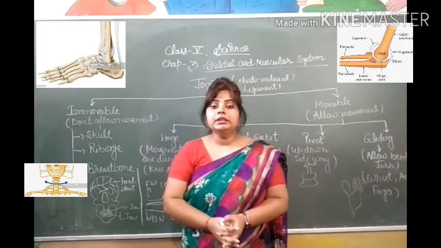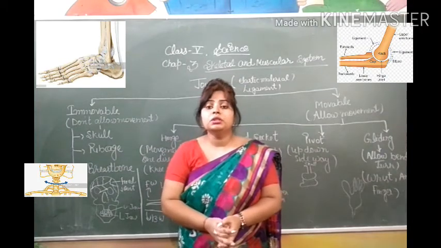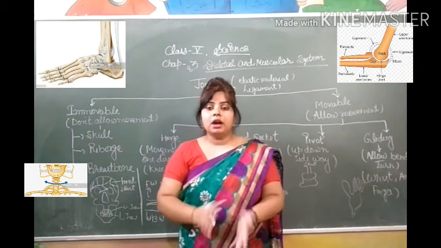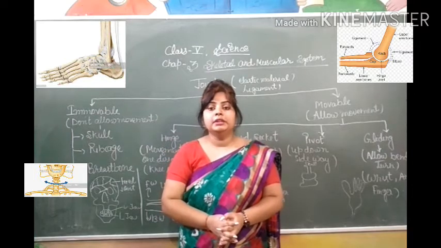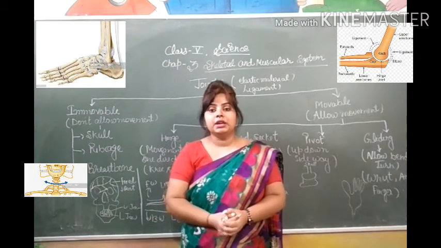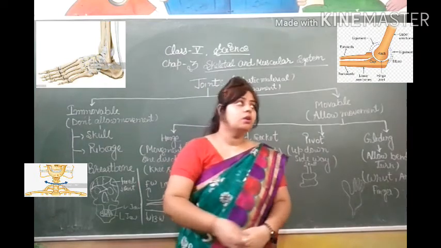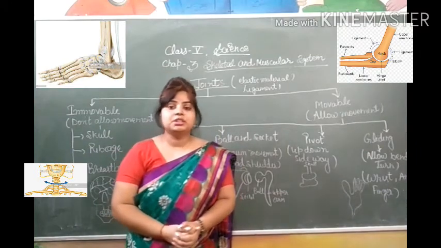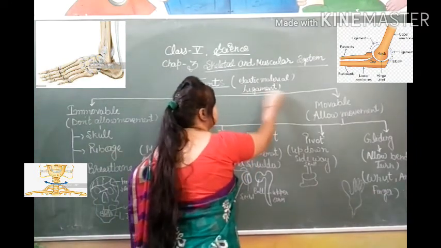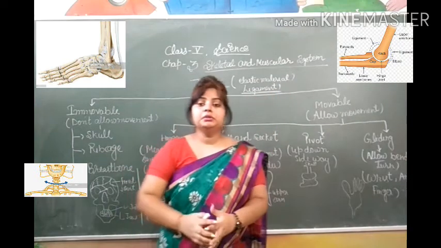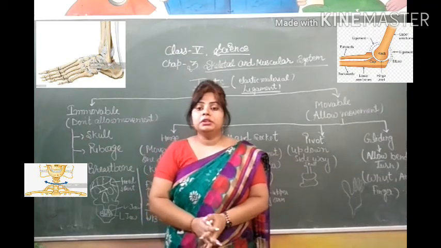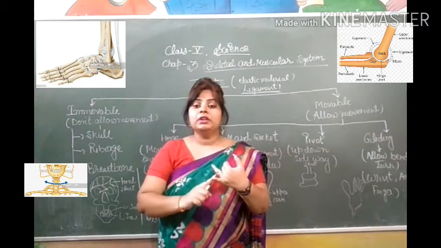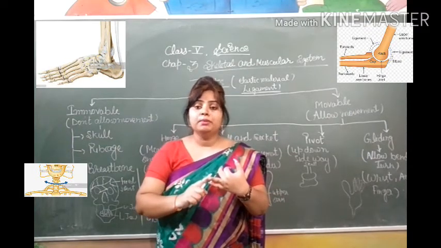So, what is a joint? Joints are those which connect two different bones. Where two bones meet at the point of the joint, there is a tissue-like structure, that is the ligament. So, joints have an elastic substance, that is ligament. According to movement and non-movement, there are two types of joint. First is the movable joint and second is the immovable joint.